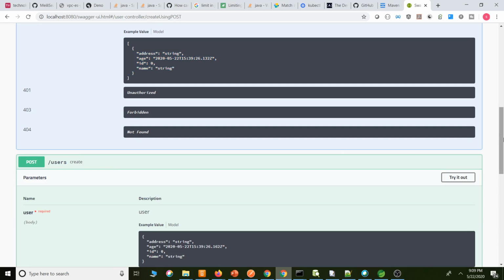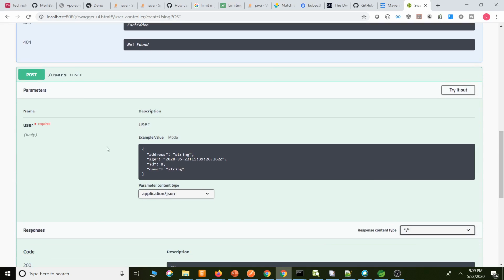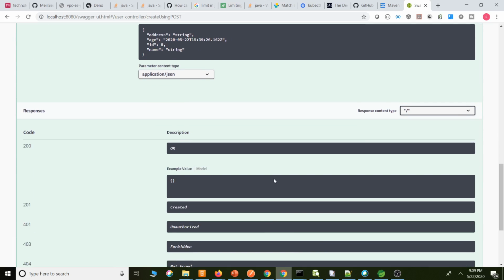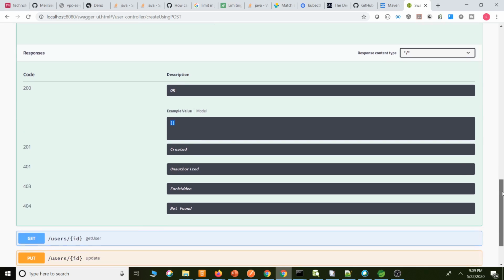Create. To create, we have to pass parameters. These are the mandatory parameters. We have to pass a user object. The response will be a 200 status with the user object, and here we will get the user ID. We will get 201 created.